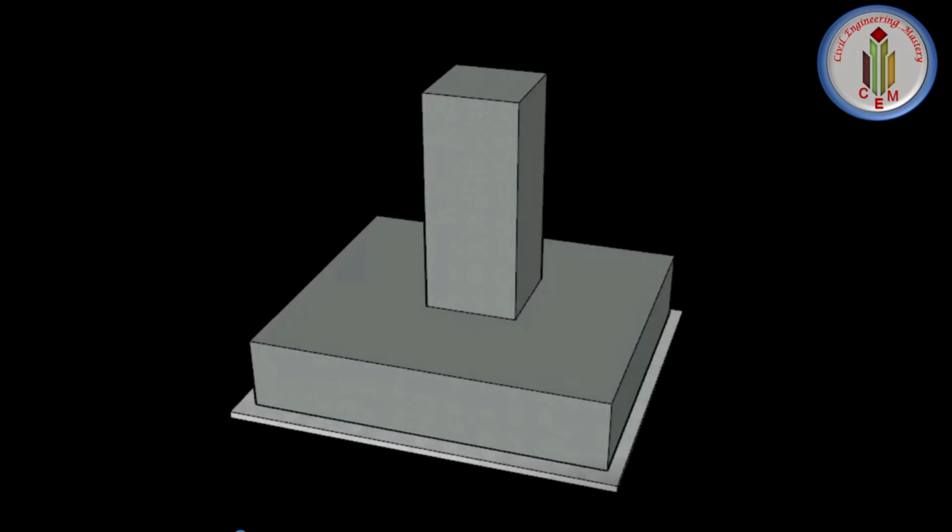So it is always better to design the foundation area such that the CG, meaning center of gravity, of loads coincides with the CG of the foundation area, so that the soil reaction will be of uniform intensity and proper load transfer will happen to the soil. These are the major important things we need to take care of while designing footings.